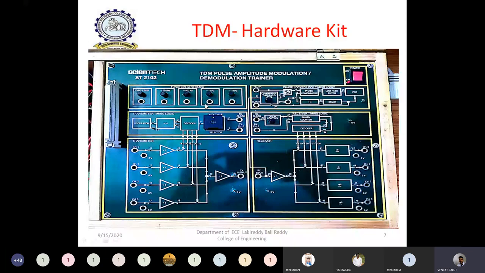Why we are observing them: in order to multiplex different signals, first of all we need to select some number of signals. Here we are going to select 4 different signals, and all the 4 signals are sinusoidal signals. We observe the frequency value; each and every input knob is marked with a frequency. For example, from this knob there is a sinusoidal signal having a frequency of 50 Hz, from this 500 Hz, from this 1 kHz and 2 kHz.